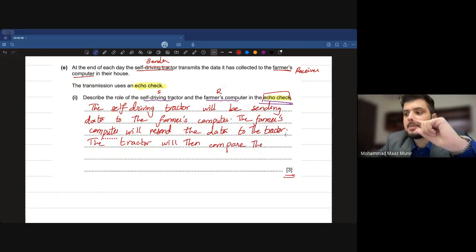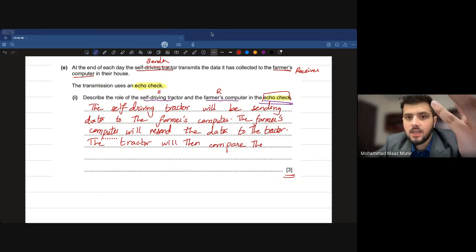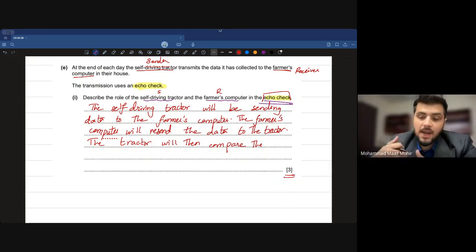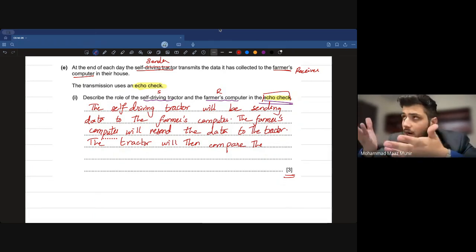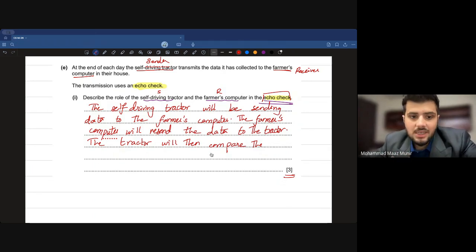So it's like I'm telling you, okay, I'm giving you this data file, you take it and then you return it back to me, and I'm like, okay, I sent this information and I received this information from you. Are they the same? If they are, yeah, no errors. But if they're different, yes, an error occurred. So it's the same model. So the tractor will then compare the two sets of data,